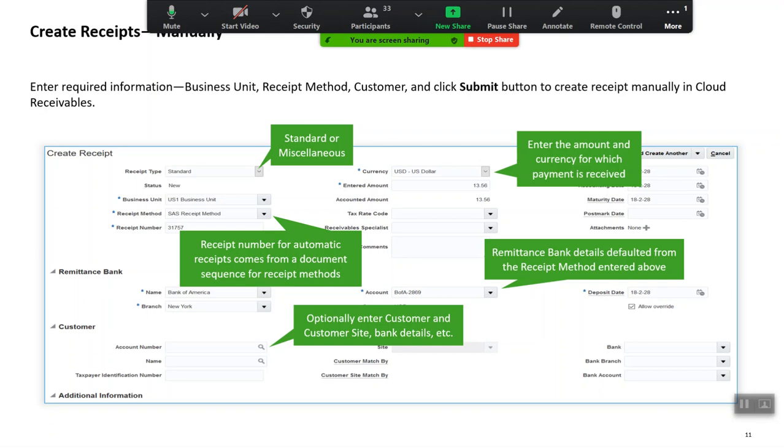But this is the way you go ahead and create a receipt manually. You'd go to the create receipts task under the receipts work area, click on create receipt, select the receipt type as standard, fill in these details, click on save, which means that you've created a particular receipt manually.